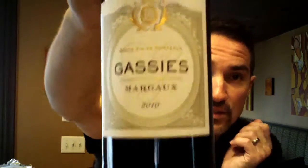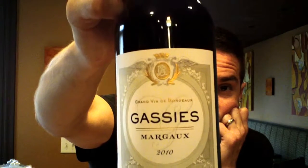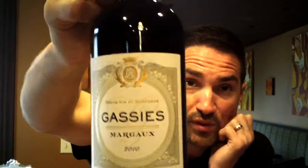Today we have a Bordeaux from the left bank. This is the GASSIES. Those of you that might have been at our French wine class, the Bastille Day tasting, this was kind of one of the highlights. This GASSIES is a second label of...